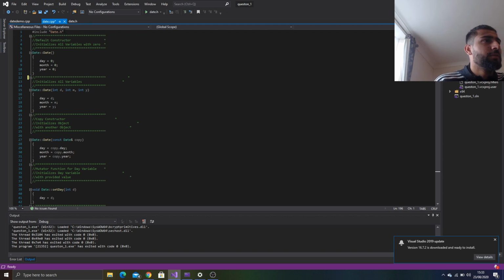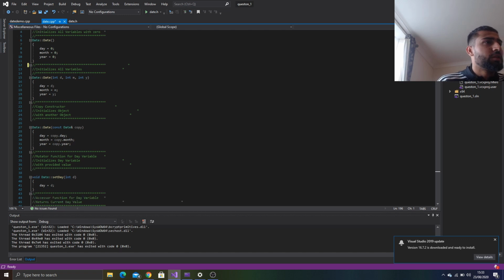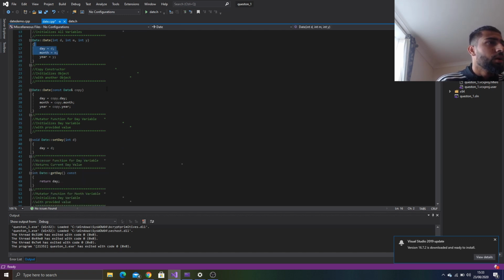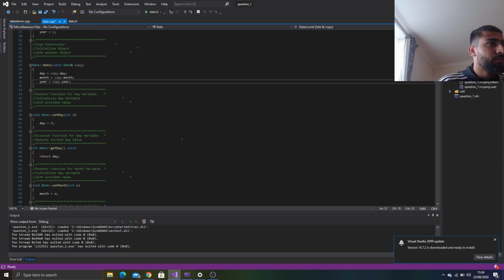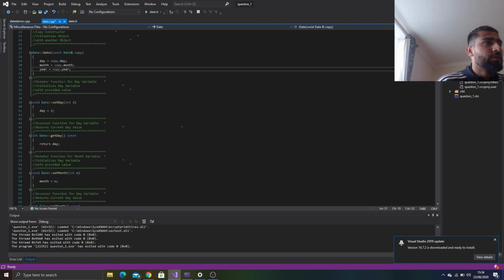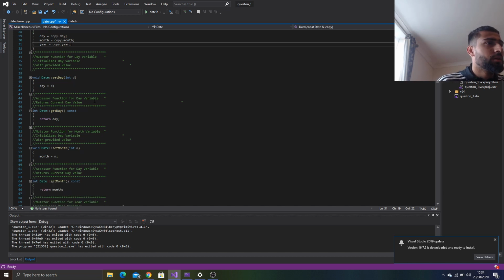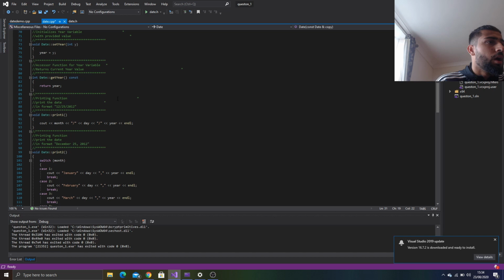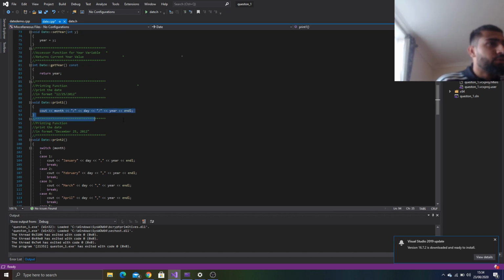It's connected to the header file, and this is a default constructor. It initializes all the values with 0. This initializes all the variables. Copy constructors initialize objects with the other object. Mutator function for the day variable initializes the day with the provided values, and then this is the first format